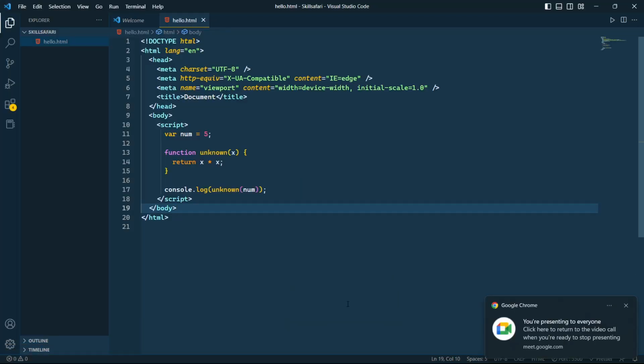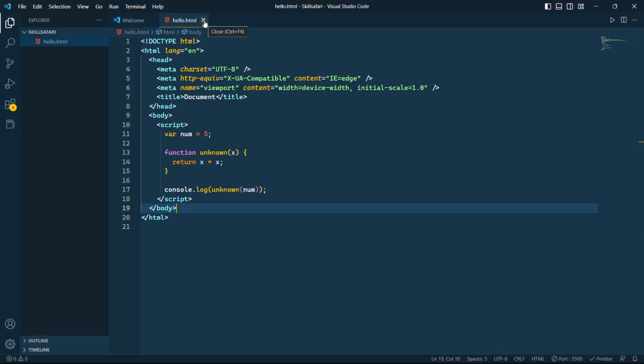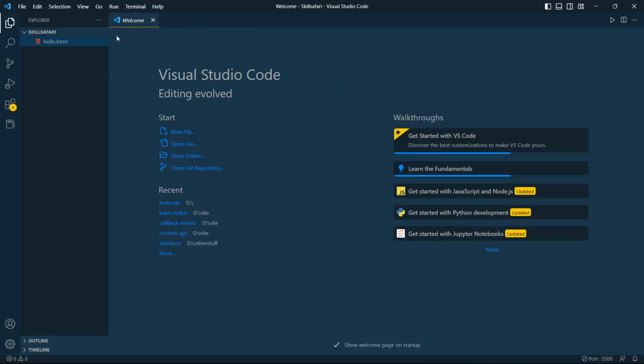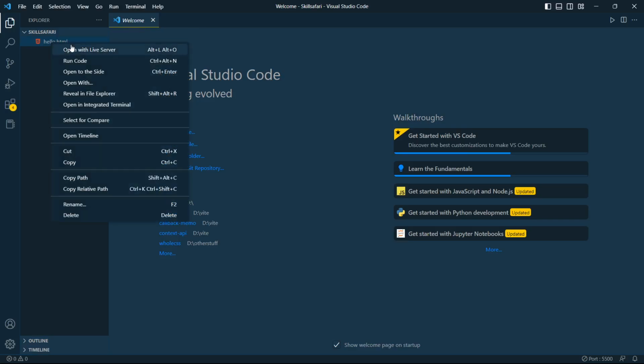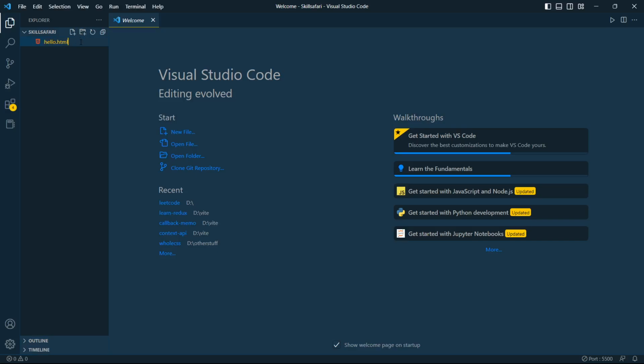So basically, when we are dealing with Node.js, our extension is not something different, but our file extension will be JS. Let me show you. First of all, we have to rename this.